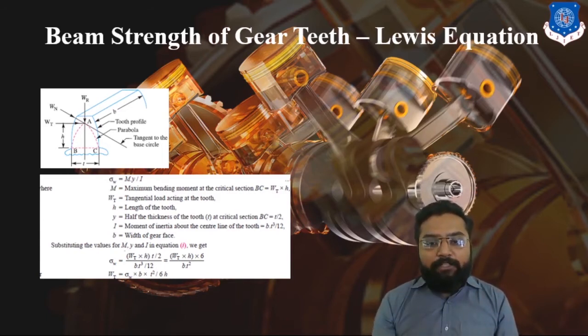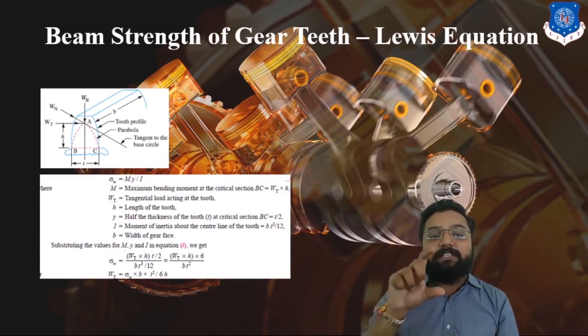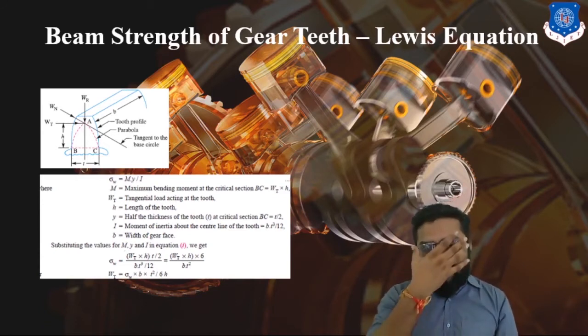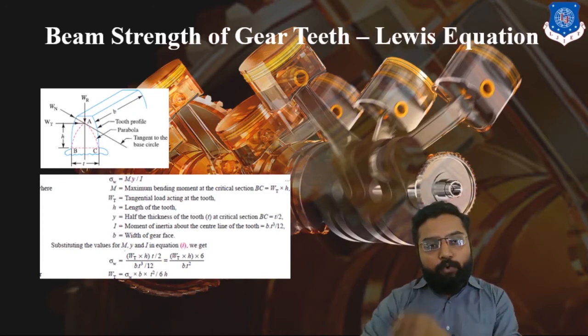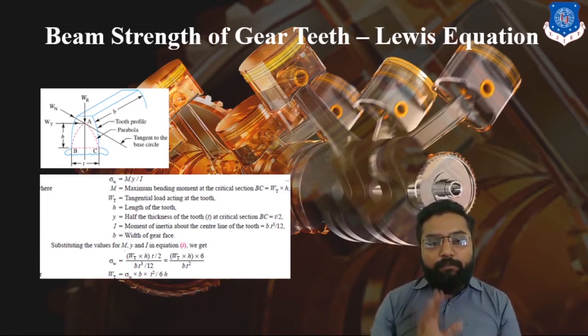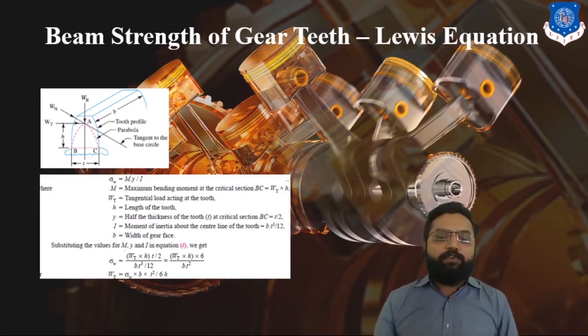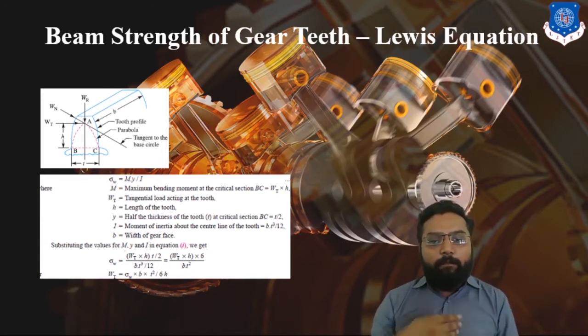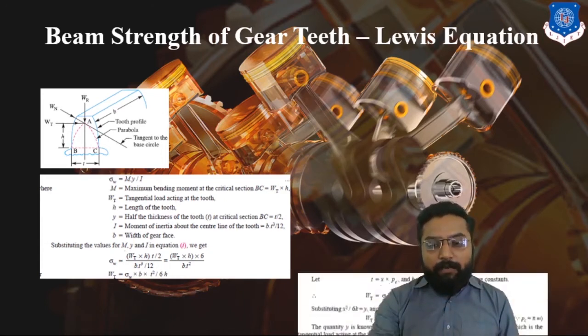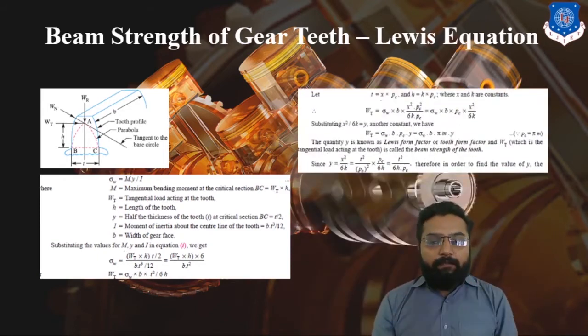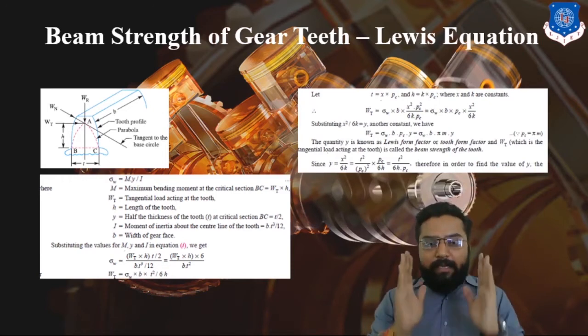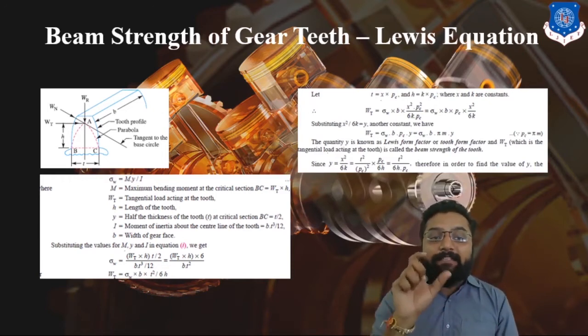So ultimately, depending on that equation, we can put this M, which is moment. Moment is nothing but force into distance from the center of that root. Here, the second thing is y, which is t by 2, and I is equal to bt cube by 12. So ultimately, our equation will look like this. You can see that the equation for the limiting thrust force WT is equal to sigma W into b into t square upon 6h. Clear?